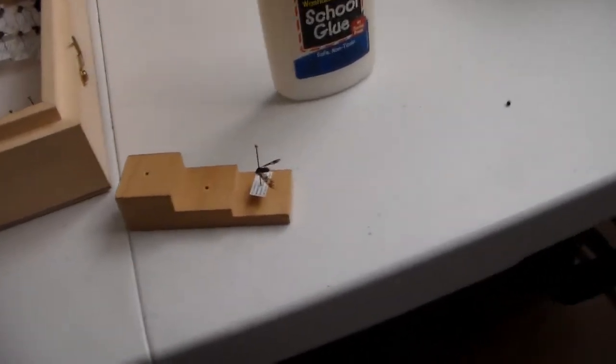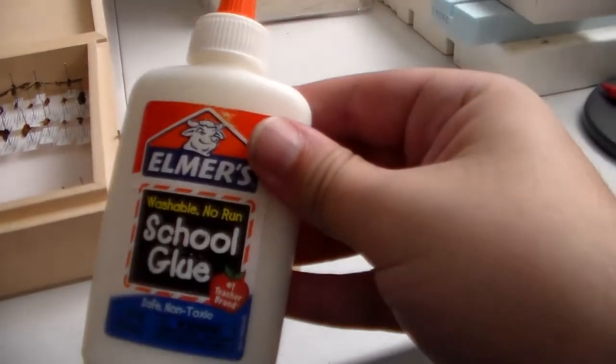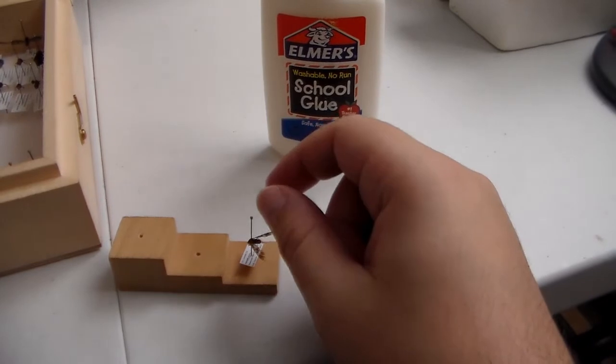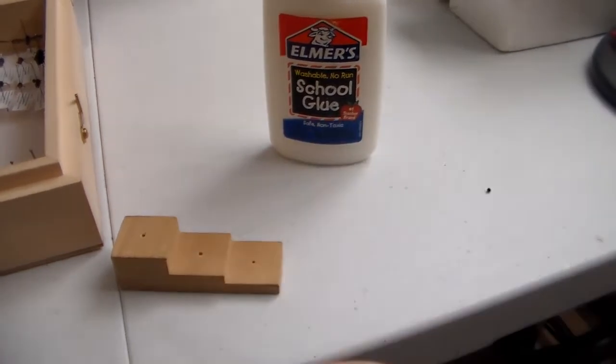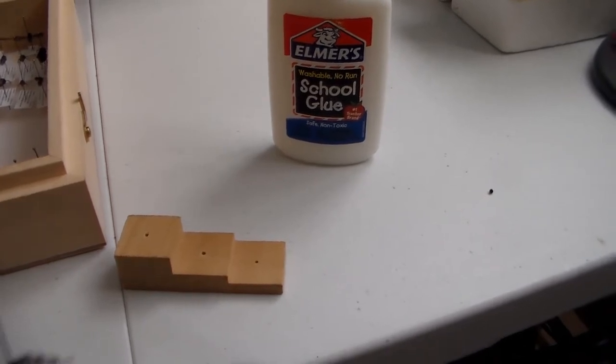Alright, so as I was getting the labels up on the bee flies there, I had an incident where I had a head pop off. So, luckily, there's this fantastic product called glue. And that's exactly what I'm going to do. I am going to glue the head back on to this fly. You don't need a lot of glue at all. I'm just going to do a little tiny